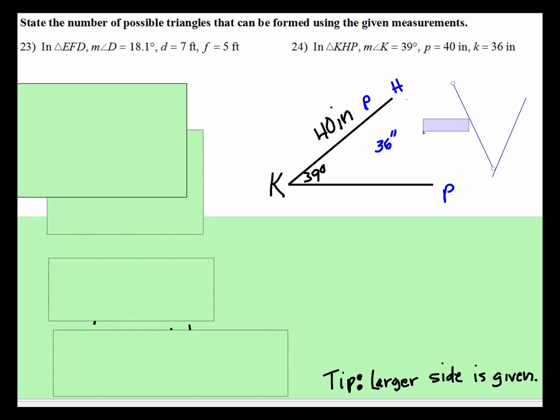We could put B, the adjacent side, the B side, well, it's P in this case, but in the theorem, B is greater than A. But notice this height right here,